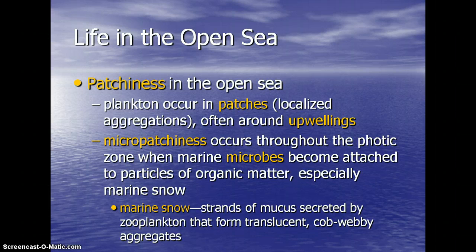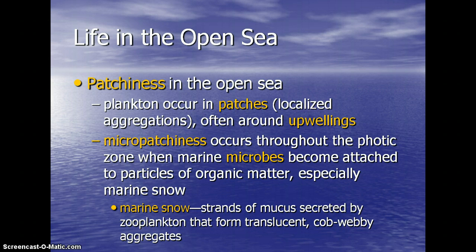And so marine snow is basically just strands of mucus secreted by zooplankton that form cobwebby aggregates, and those things literally fall down to the bottom of the ocean, and as they fall down they are white and